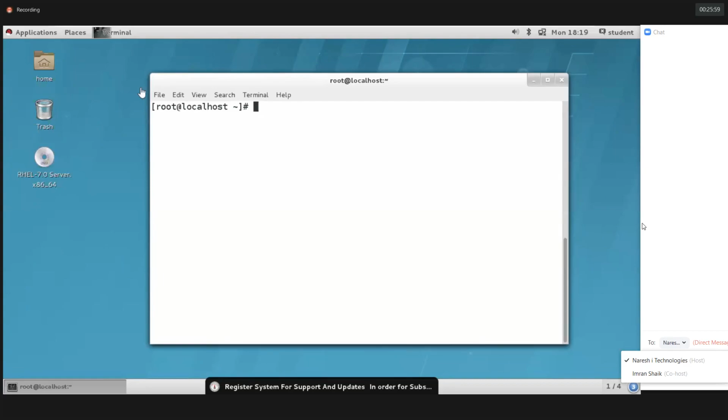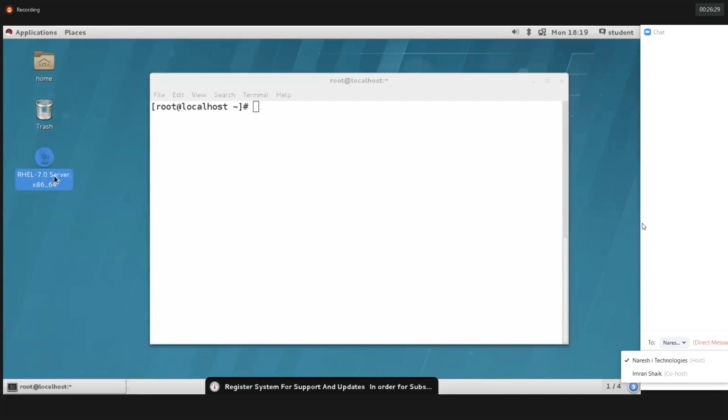If you have a subscription, you can download any package from the internet. It's very simple using the wget command. But this is our isolated operating system, and we don't have any subscription in it. So I need to install the packages without any subscription, for practical purposes. So we'll have the DVD here, this image file.